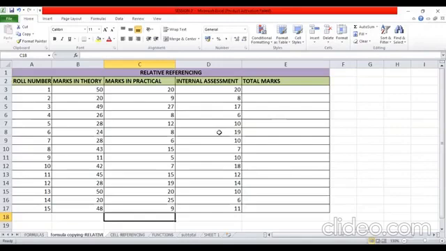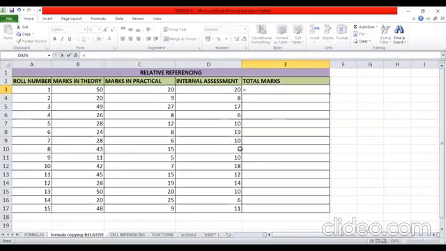So let me start by writing a formula. We've already learned how to write a formula. So for the first student, let me type in the formula. You can do it side by side with me. I have to add marks in theory, practical and internal assessment to obtain the total marks.